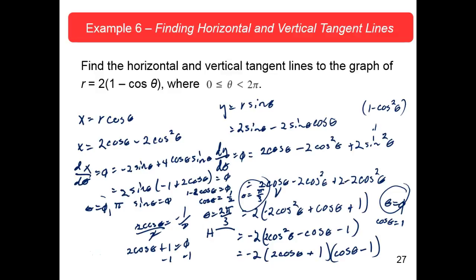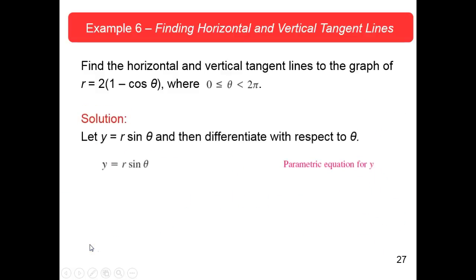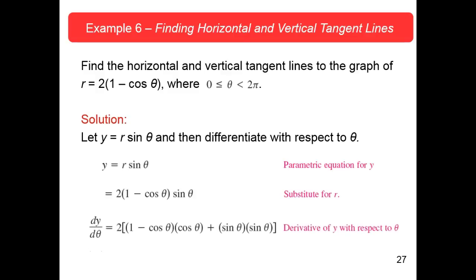It seems like they're getting some that we're not. Let's let them do the explanation here because we're just out of room. So let's let them take it over from here. All right, so let y equal r sine theta, differentiate. So y is r sine theta, which is that, which is,